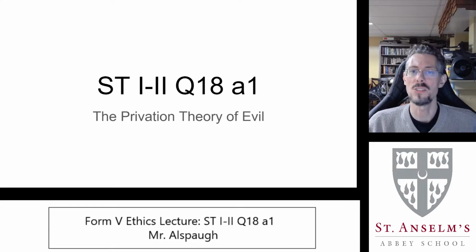It arises very naturally trying to talk about the convertibility argument. When we're saying at every step of the convertibility argument, when we're talking about things conducive to an end, or something is good insofar as it is actualized, it's very reasonable to think about the opposite of that. And that's really what the privation theory is. What does it mean for something to be bad for us in light of that argument?